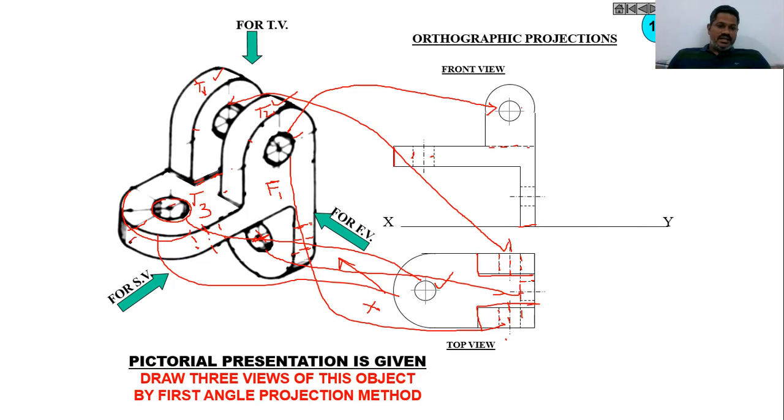Side view, we can see this face as a rectangular face, and this face is also a rectangular face, and similarly this is also a rectangular face. Finally, we can see one curved surface, that is S4, that you can see at the bottom of the three rectangular surfaces. And in the front view, we need to represent these two circles as a dotted line in the rectangular faces, and this circle also needs to be represented as a dotted line